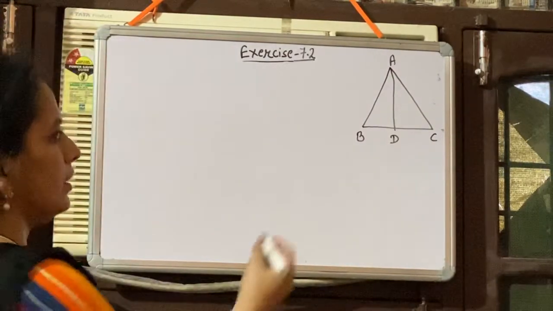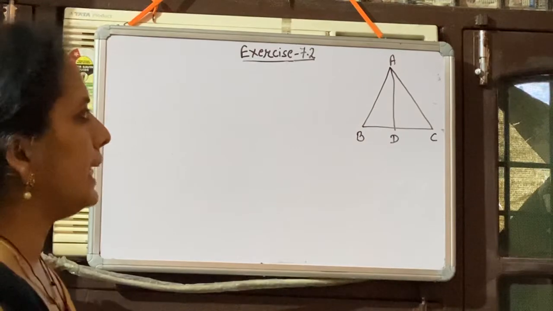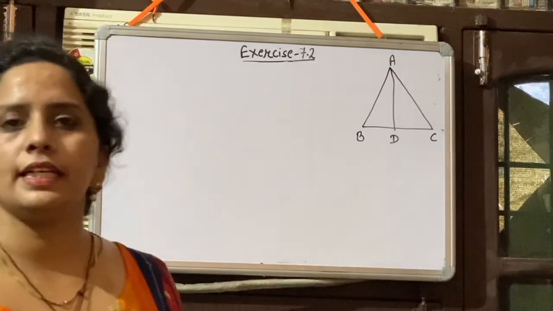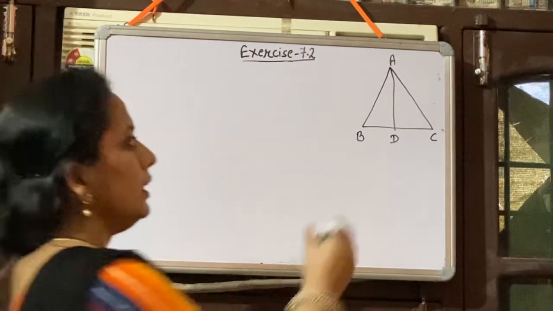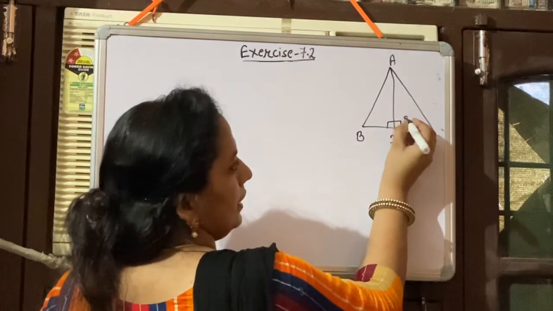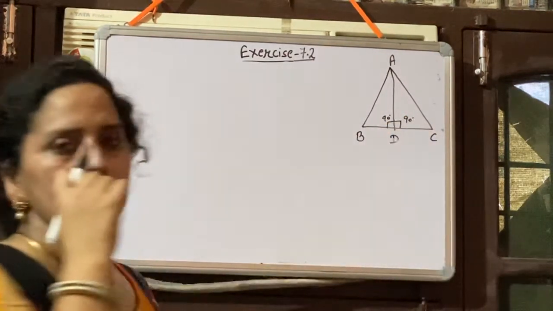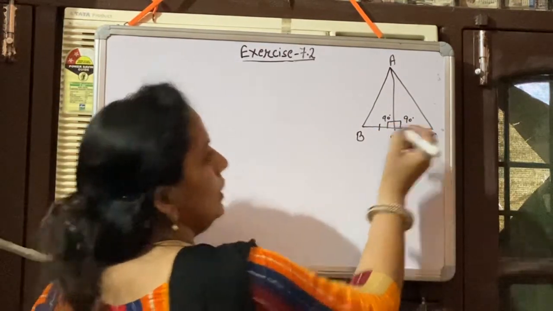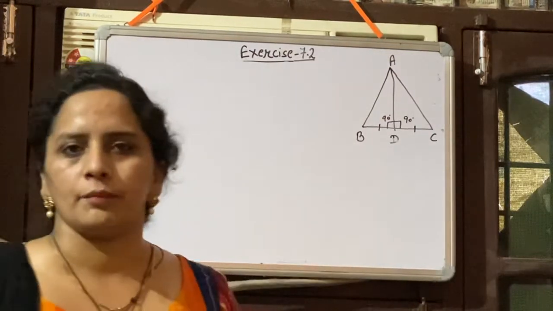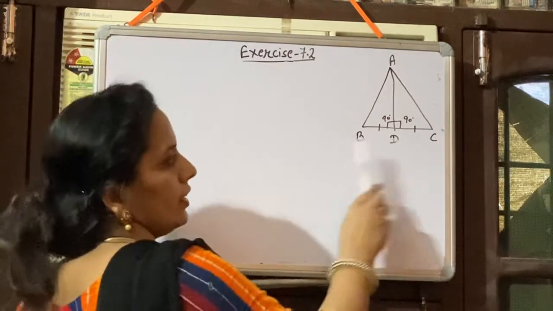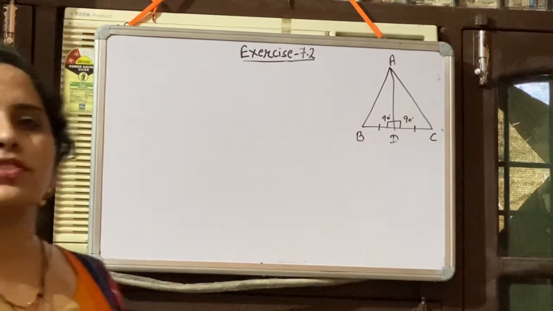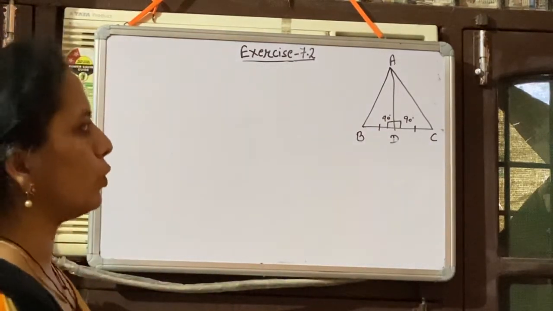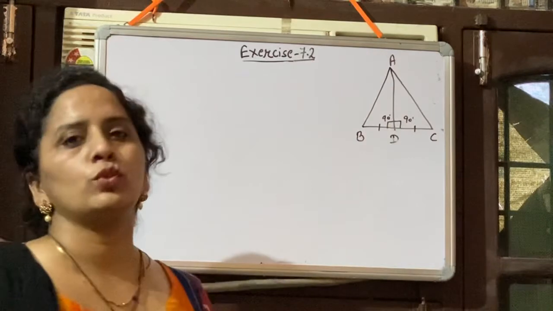This is the question, the figure is given in the question. You are given that AD is the perpendicular bisector of BC. AD is the perpendicular bisector, that means there is a 90 degree angle on both sides, and bisector means which divides a line into two equal parts. That means BD is equal to DC. You have to show that this triangle is an isosceles triangle. An isosceles triangle means the triangle which has two equal sides. So here we have to show this triangle ABC has two equal sides.